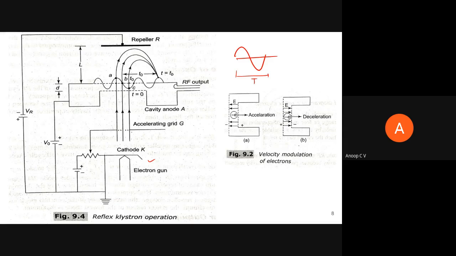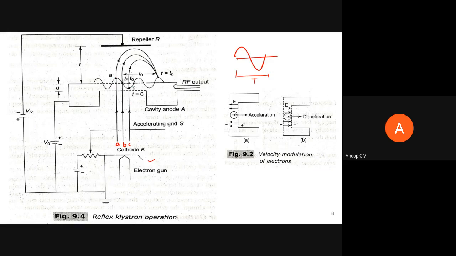In order to explain what is velocity modulation, and how it happens and all those steps, I just want you to consider three electrons. For reference, we'll consider three electrons: electron A, electron B, and electron C. These electrons A, B, and C are produced at different time instants. I'll tell what is electron A. This electron A is the electron which passes the grid gap when there is a positive peak. I'll repeat, you can assume electron A passes the grid gap when there is a positive peak of this electromagnetic noise.